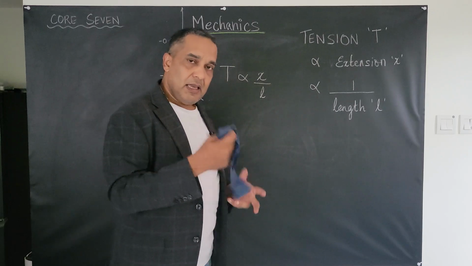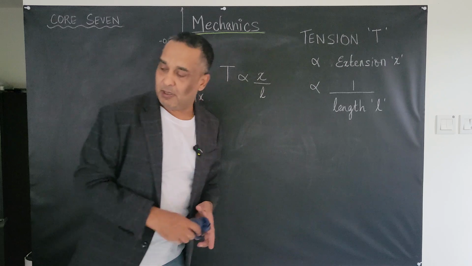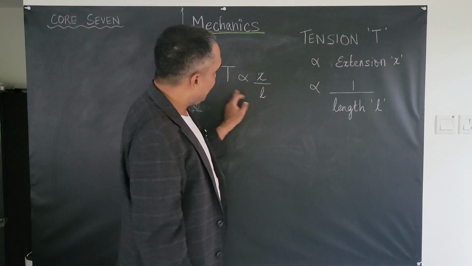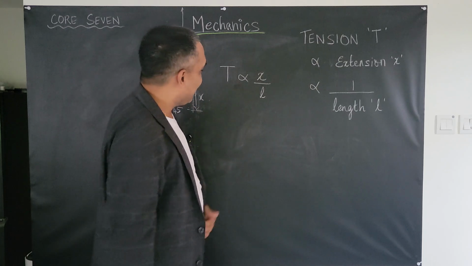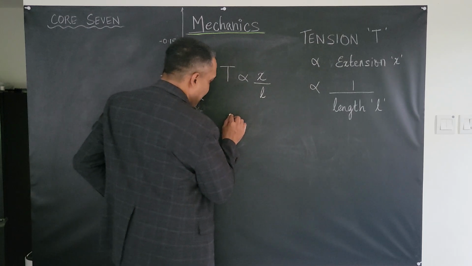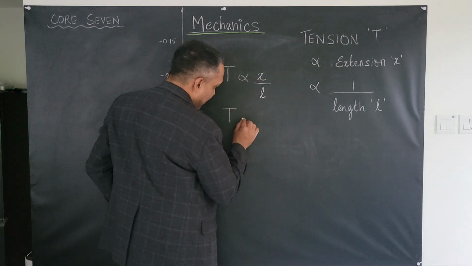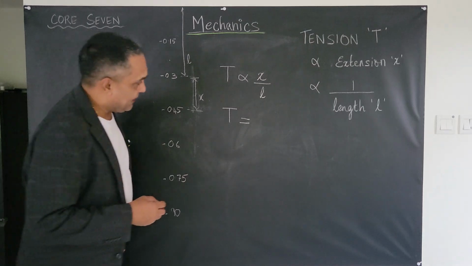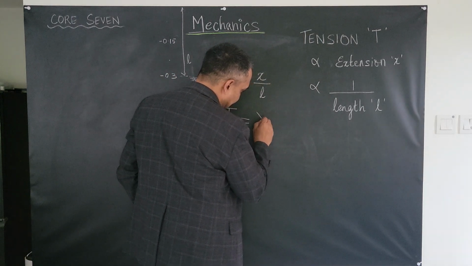Something exists that is a property of the material, right? And that is what will help us change this proportionality into an equation. What we're going to do is replace that proportionality sign with an equal to, and we need a constant of proportionality. In this case, we're going to use lambda,